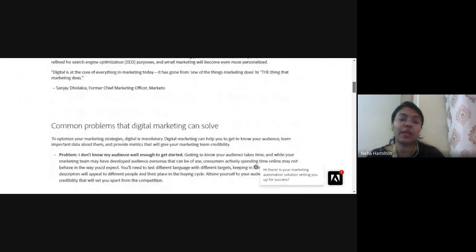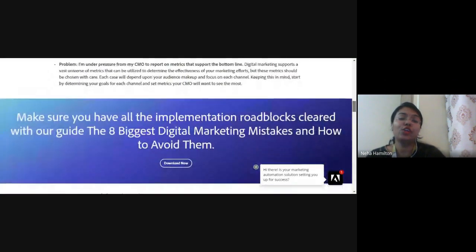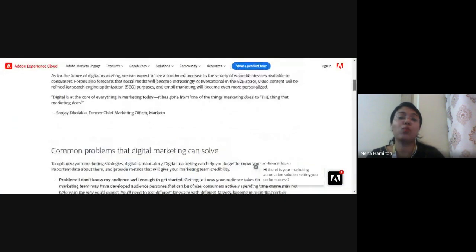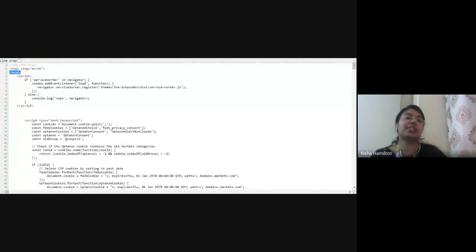You cannot see programming here because this is the front stage. You only see the content, you only see the text. But what does the digital engine see? The digital engine doesn't see the website or the images that you have uploaded, but it will read the programming that you have done. The crawlers will come to the keywords that you have added in the programming. Are you getting my point?